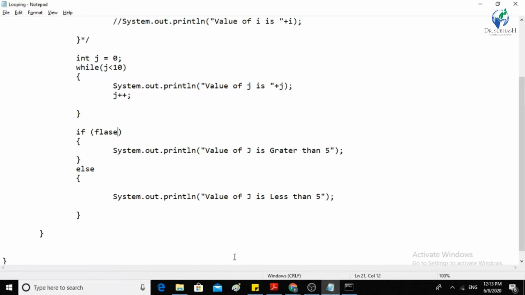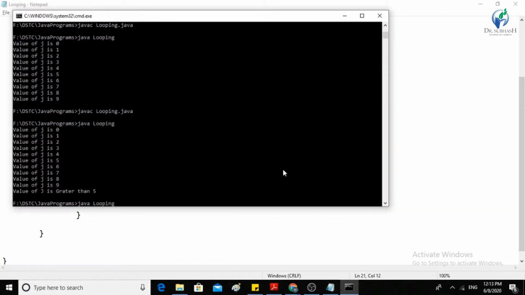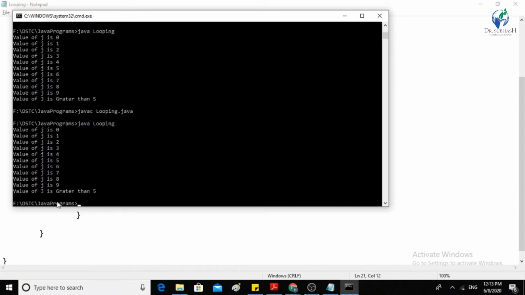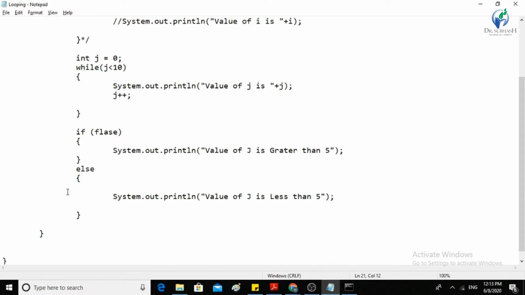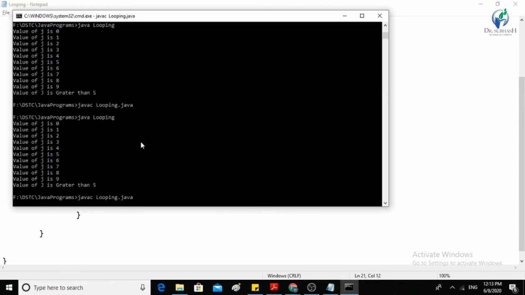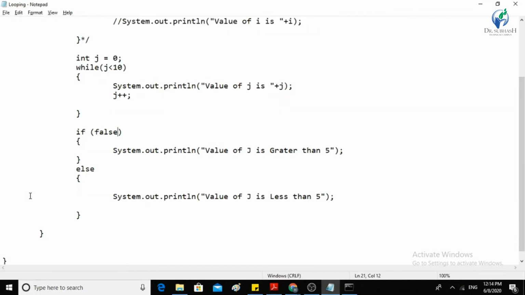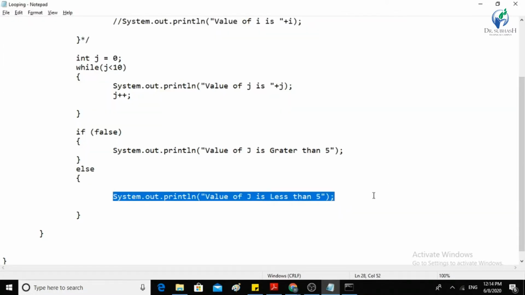Okay, so let's check that. Let's compile the code and run the code. If false, this is the spelling, javac, and just compile the code. The value of j is less than 5, so it is printing the else part.